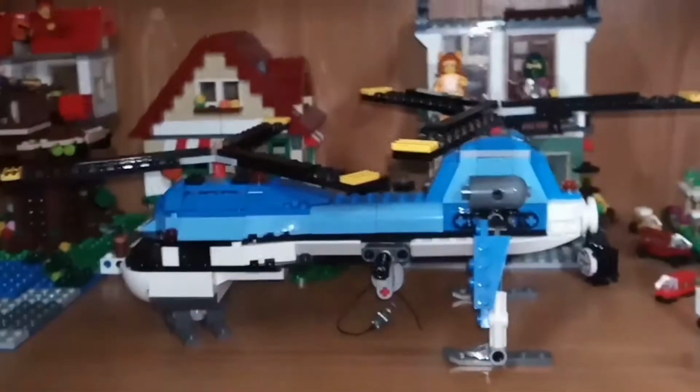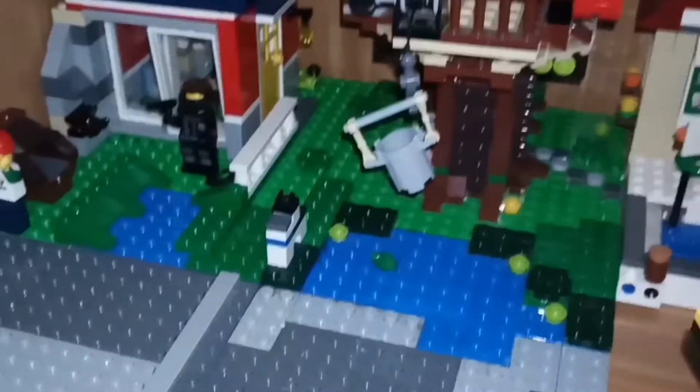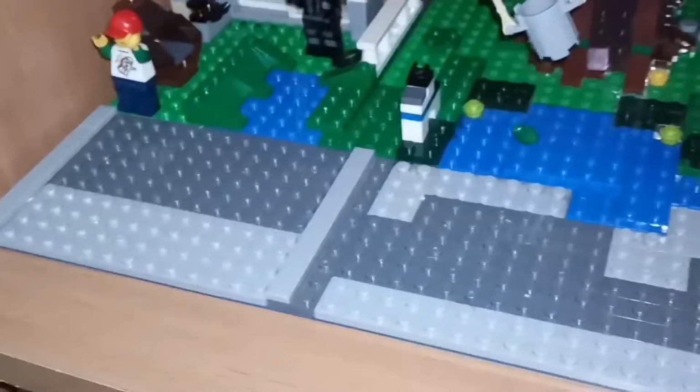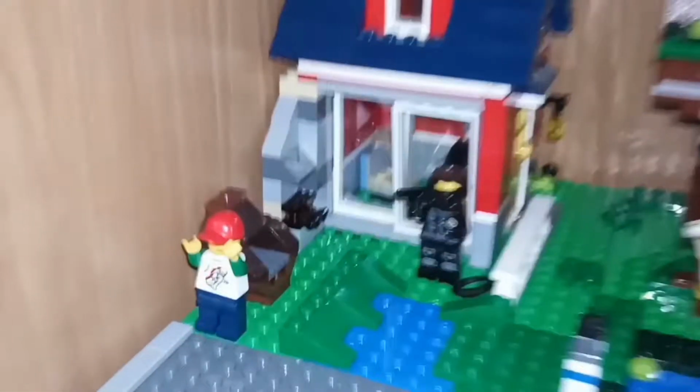Moving on is my Lego shelf, which is where I kept all of them until I got my new desk at the beginning of August. So over here is actually two playsets in one. I just connected them together on a gray base plate, and I made it like a driveway. So over here we have a nice house,